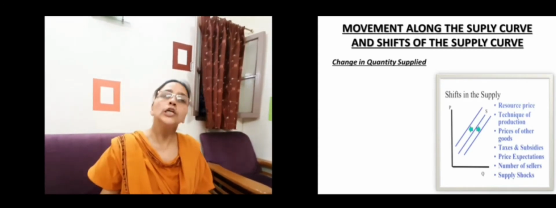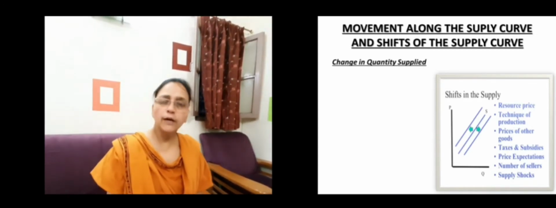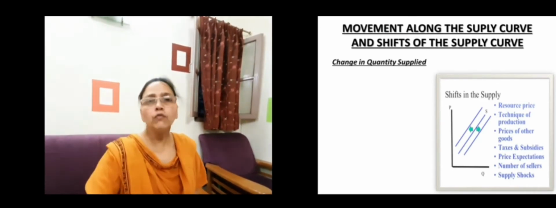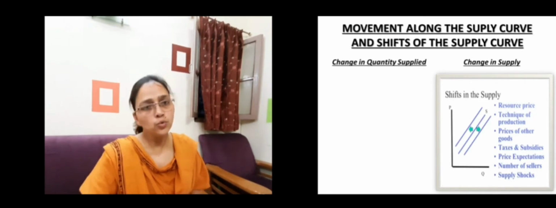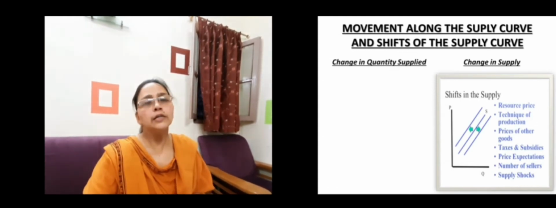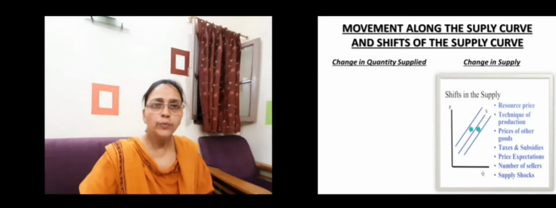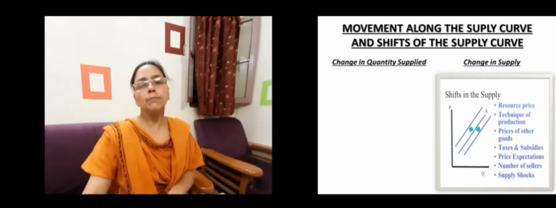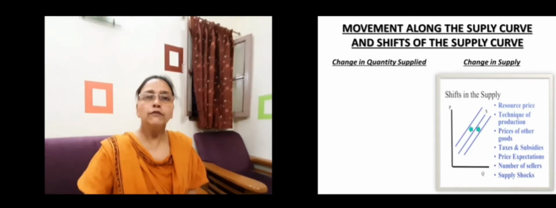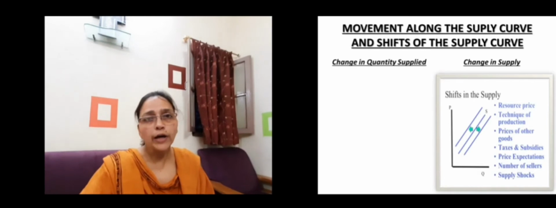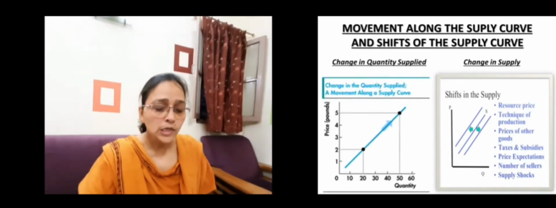Then next is shift of the supply curve. I'll just take up the theory and then I'll show the diagrams together, right? Now shift, again, we have increase and decrease. There are two concepts, the way you had in demand, similarly you have in supply also. We have increase of the supply curve, where the entire supply curve shifts forward or rightward because of the other factors, and decrease of the supply curve, where the entire supply curve shifts backward or leftward because of the other factors, price remaining the same.